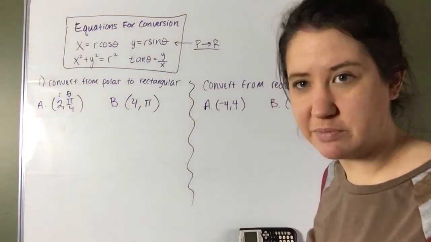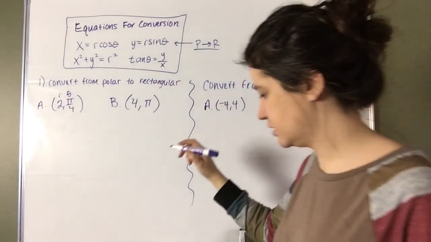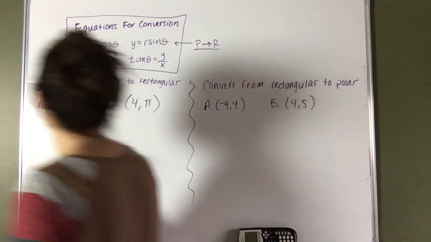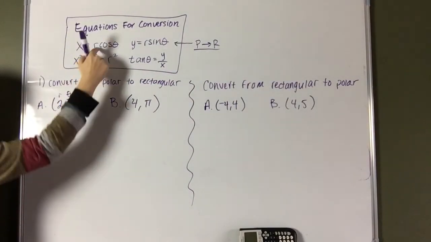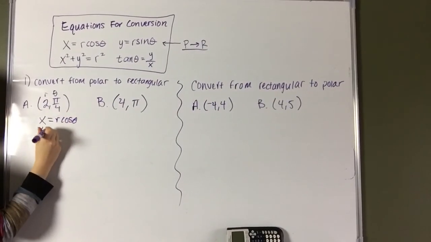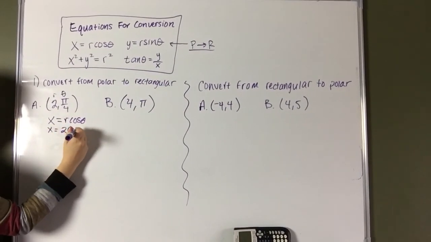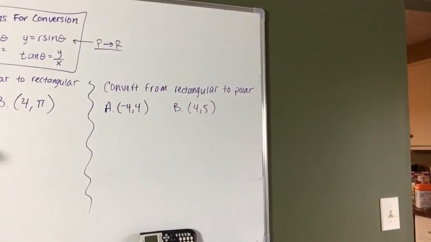You just plug them directly into the equations. So you're going to have x is equal to r cos theta. So in this case, x is going to equal 2 times cosine of pi over 4, which is 2 times,